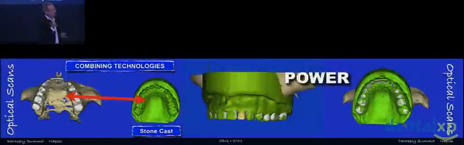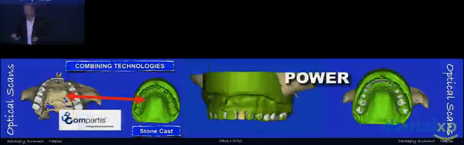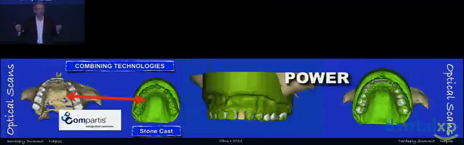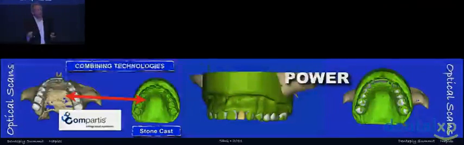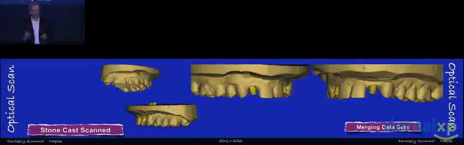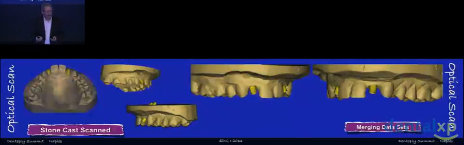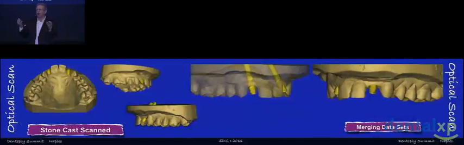But this gives us an enormous amount of power to avoid complications, avoid making mistakes, and have some of the wonderful technology. Sorry, I keep going backwards here, but Compartis, linking that, of course, to Atlantis, as we'll talk about in a minute. So taking that optical scan, bringing it together, allows us to combine our planning